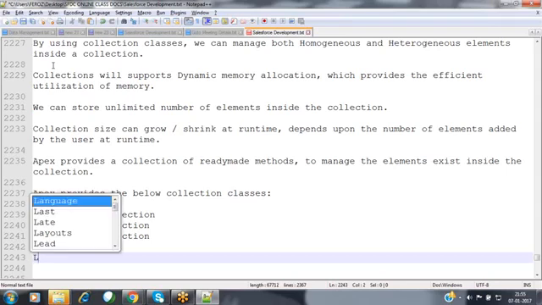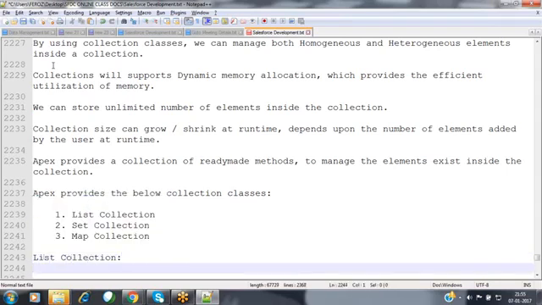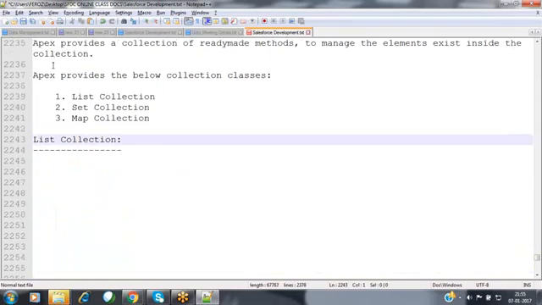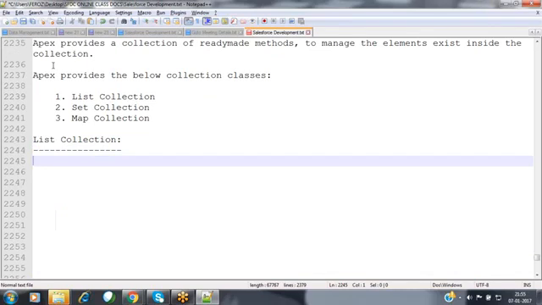First, we'll see what exactly the list collection is. When coming to the list collection, list is an ordered collection. Ordered collection means that whatever order you have added the elements into the collection, in the same order the elements will be available inside it. For example, assume that I'm sending one SMS. Inside that SMS, I have typed almost 600 characters, a very lengthy SMS that I have prepared.